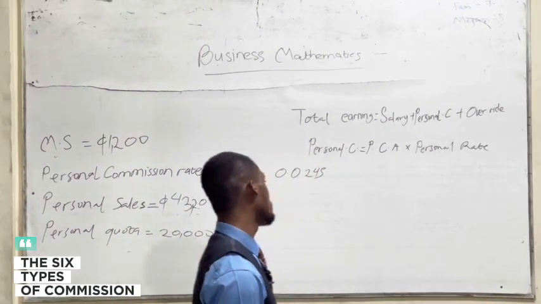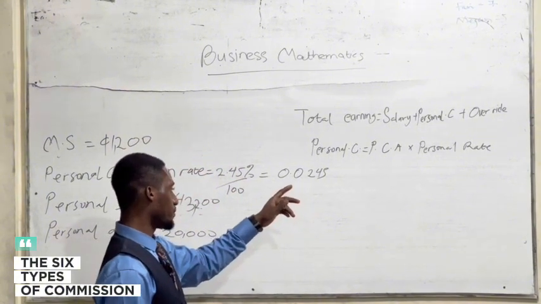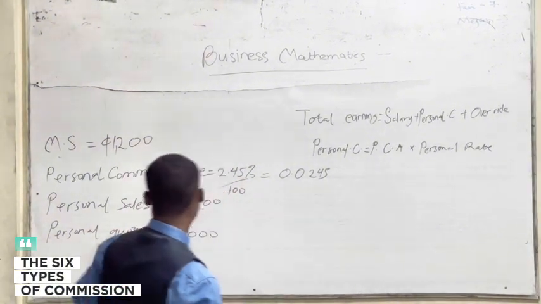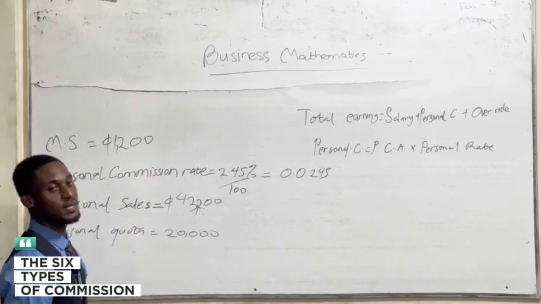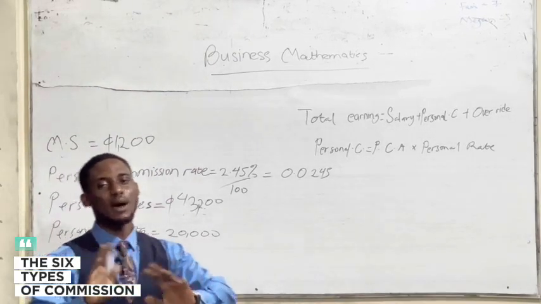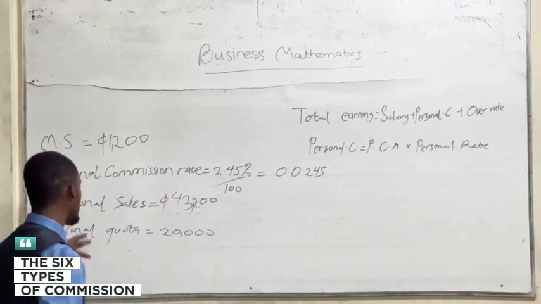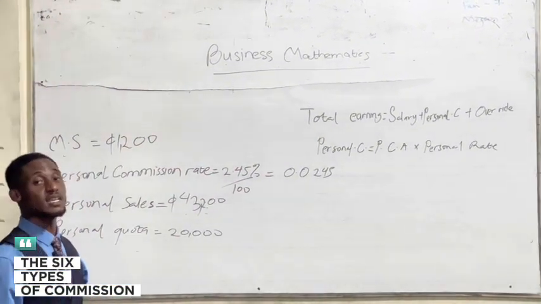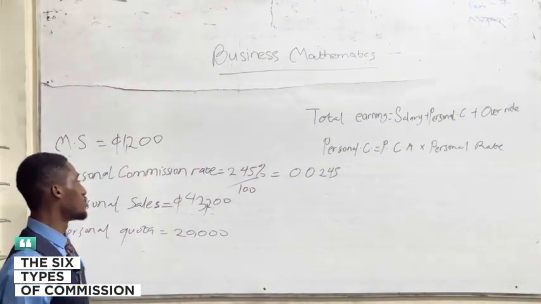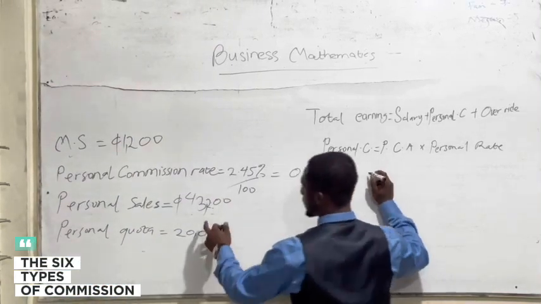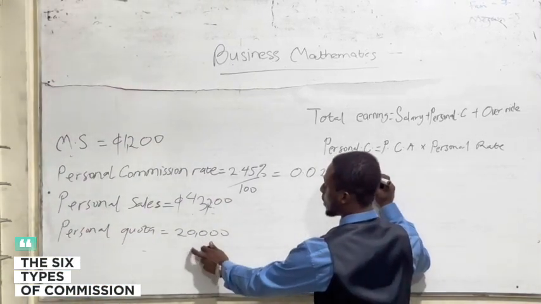And we know that to find the personal commission amount, we have to subtract our personal quota from our personal sales. Don't be bothered about the word personal, because it's just been added to it as stated in the question. So you subtract the personal quota from